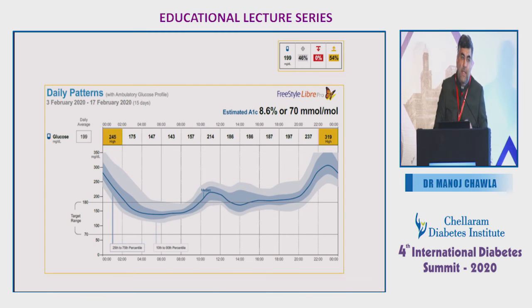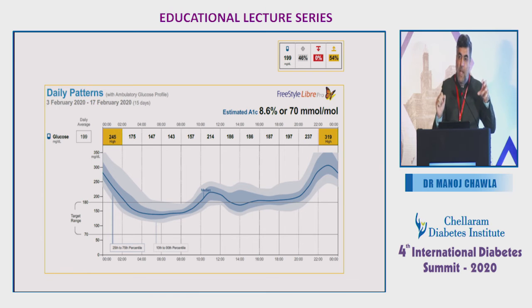The second aspect is variability. Now when we say variability, it essentially means day-to-day variability. That means if I look at 12 o'clock in the afternoon and I look at this range, which is over a 14-day period, is the person fluctuating too much at that point in time on a day-to-day basis? That is variability. So if I was to see 12 o'clock here, the sugars are probably varying from somewhere between 170, 180 to about 200 to 10. Will I call this extremely variable? So this patient does not in fact have very, very high variability.